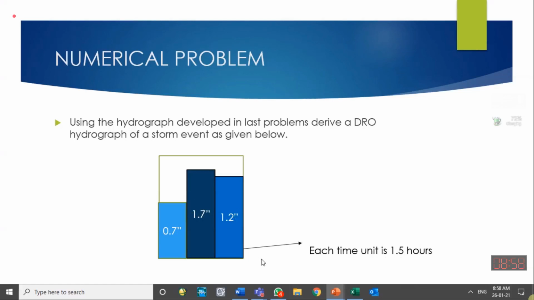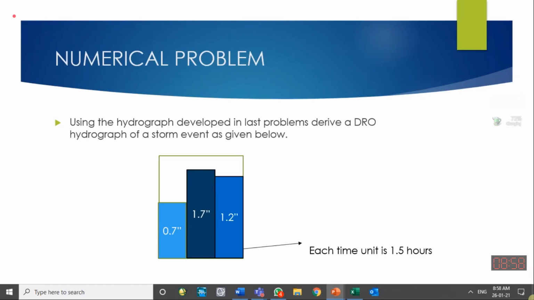As we mentioned, in the unit hydrograph method, we assume linear behavior of the catchment. So we assume that this 1.5 hours storm will have the same behavior as the 1.5 hours unit hydrograph generated for this catchment. So unit hydrographs are catchment specific. If you have developed a unit hydrograph for one catchment, don't simply use that one for another catchment having other basin characteristics.